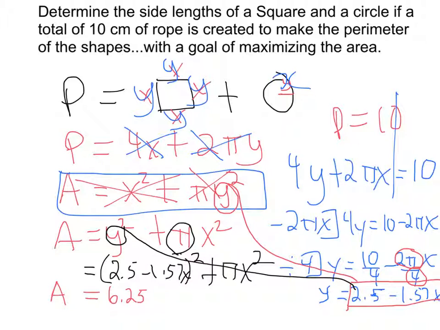6.25 plus 2.47x squared minus 7.85x plus, then I've got this pi squared. I'm going to make that, ooh, this is not very nice. Sorry, folks. Plus